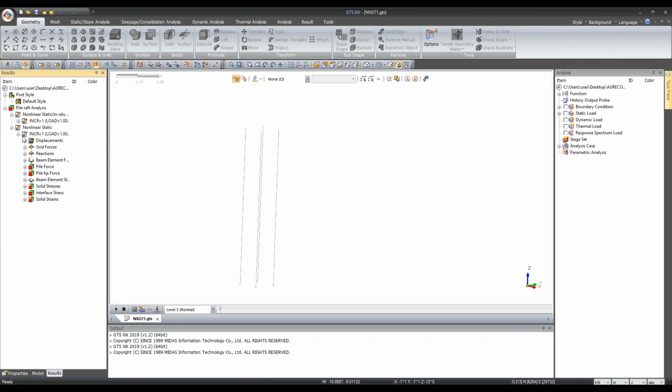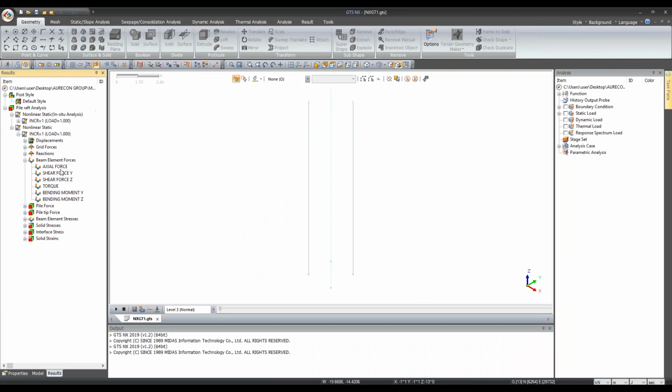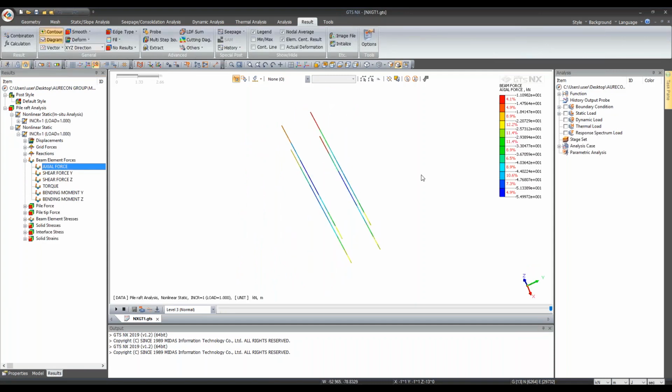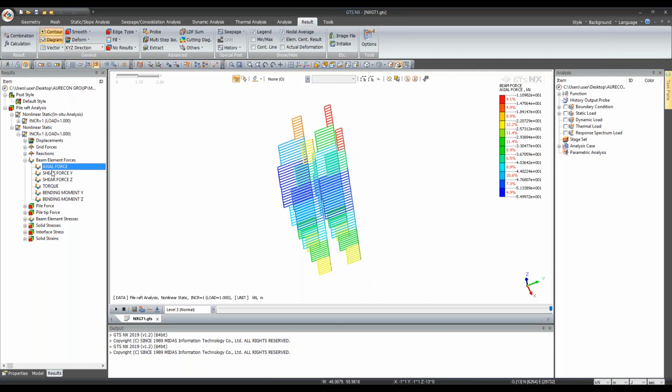Now let's say I'm interested in finding the pile axial forces. So what we do is we go for beam element forces in here, and you just press on axial force. So in this particular model, I have applied the lateral load as well. So this is axial force, and you can find